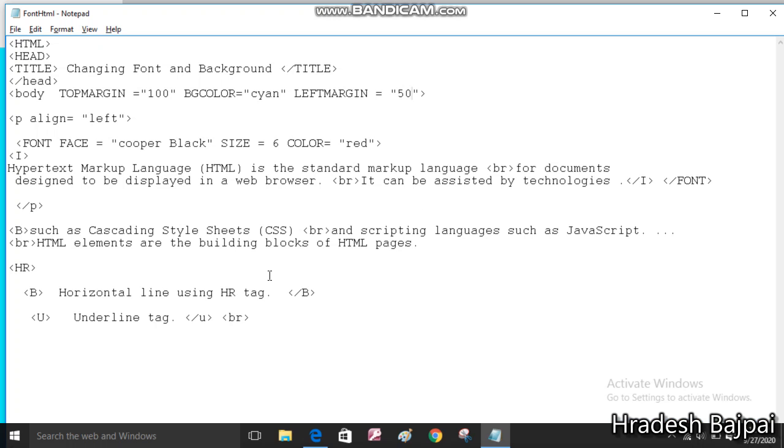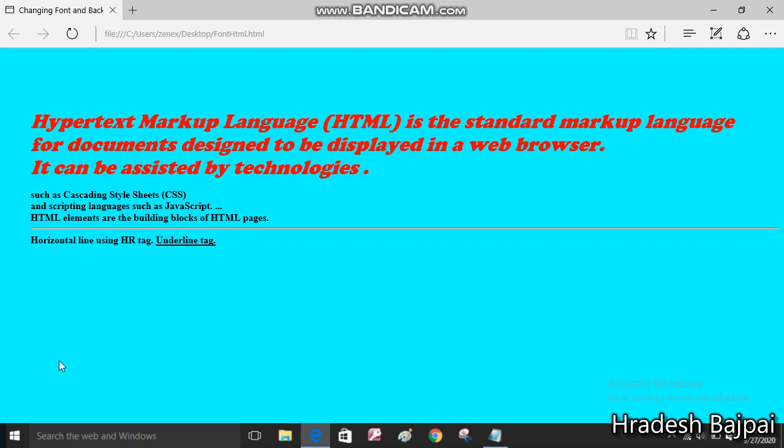So I hope all the tags and tag attributes are clear to you. When you complete your program, you have to close the body tag, because I have not closed this body tag yet, and at the last we will close the HTML tag. I told you earlier also that the tag we open first, we close at the last, and the tag we open last, we close first. So you have to close the HTML tag at the last, and save this program. It will not make any changes in the output because I didn't change any attribute. So I hope everything is clear to you.